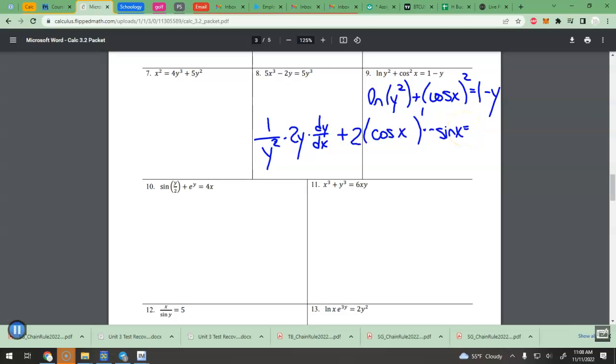Equals, what's the derivative of 1? 0, so it doesn't matter. And the derivative of negative